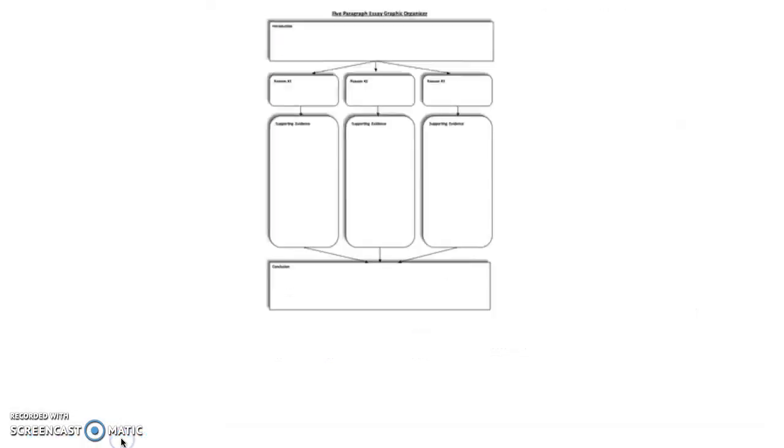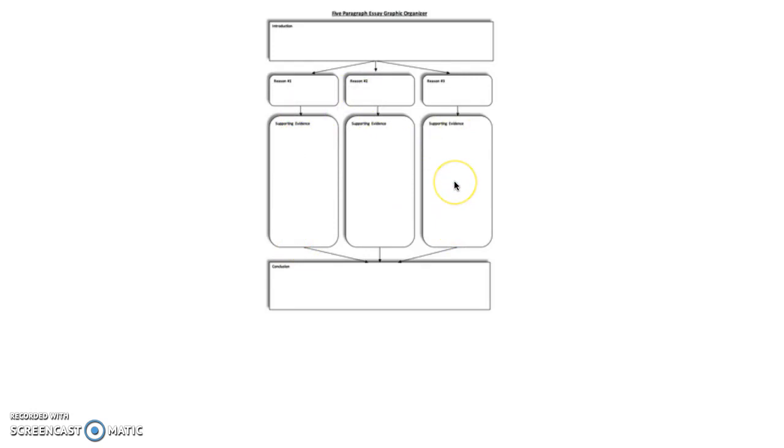So for your essay outline, this is as big as I could get it on the computer. Sorry, this is part of my technical difficulty yesterday. So the introduction is going to go here. Your thesis is in here. Cost number 1 of having a dream. Cost number 2 of having a dream. Cost number 3 of their character having a dream. And you can put your explanations of your quotes down here.